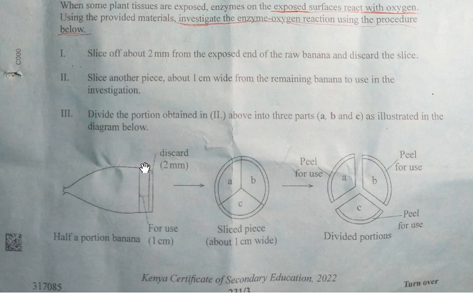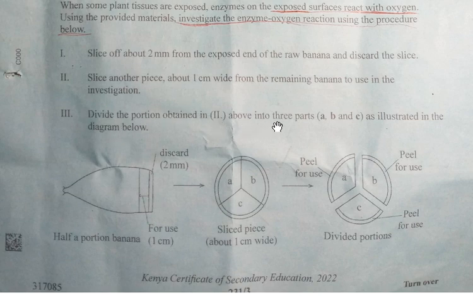The diagram is here. This part, 2 millimeter from the exposed end, you discard this part. Then Roman 2, slice another piece about 1 centimeter wide from the remaining banana to use in the investigation. In this case, this is the 1 centimeter wide piece here, which will be used. Then Roman 3,